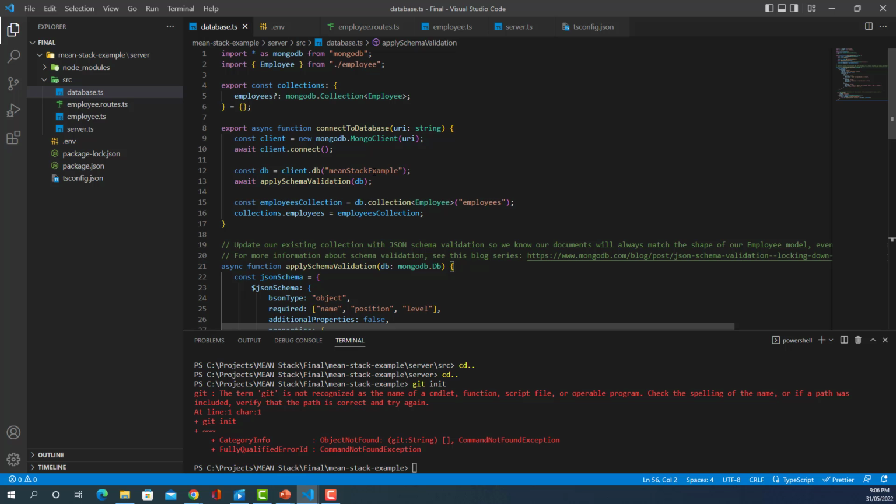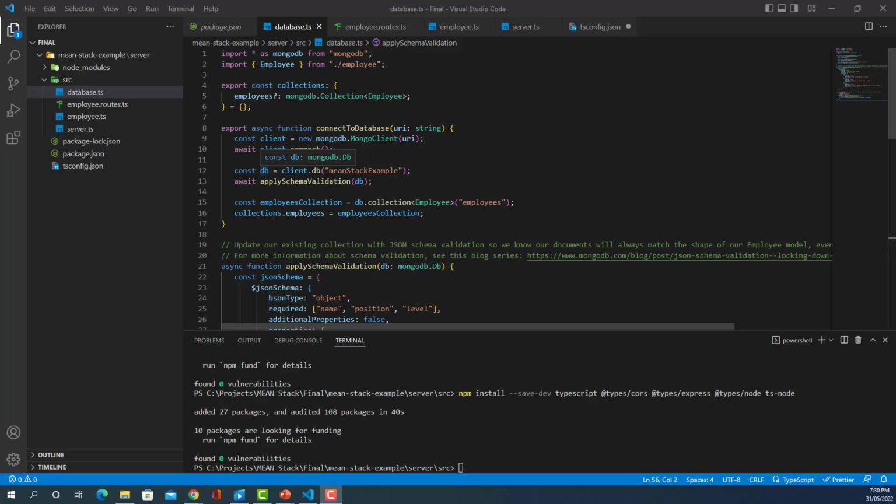We use this object to get the employees collection. Note that the variable employees is cast to the Employee interface, so this will provide type checking to any query we send to the database. Finally, we assign the employees collection to the collections object. collections.employees is the employees collection,